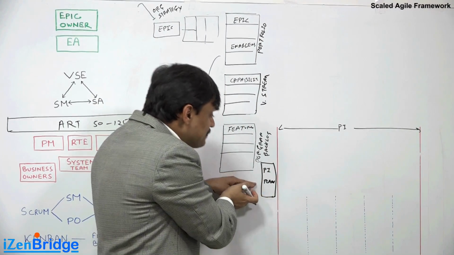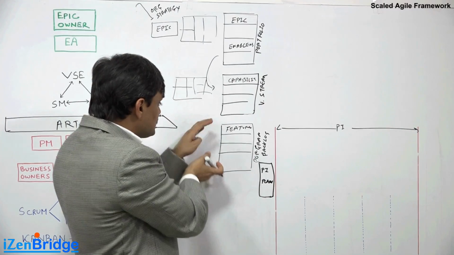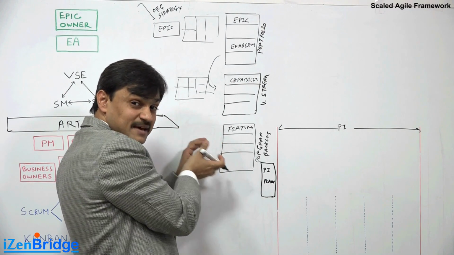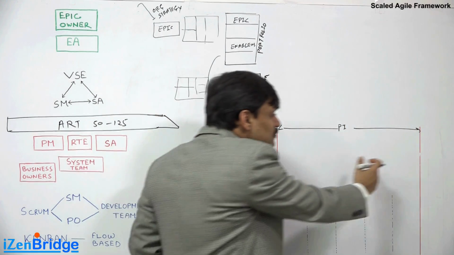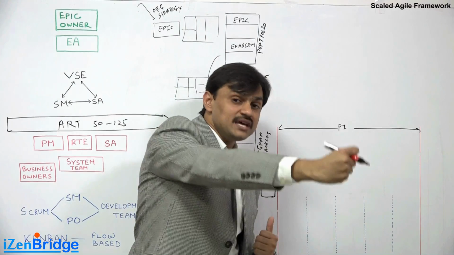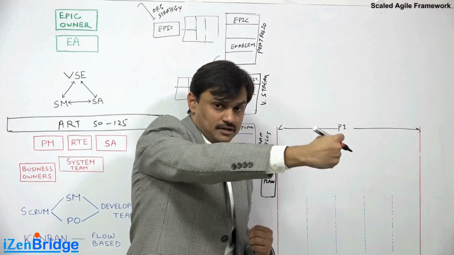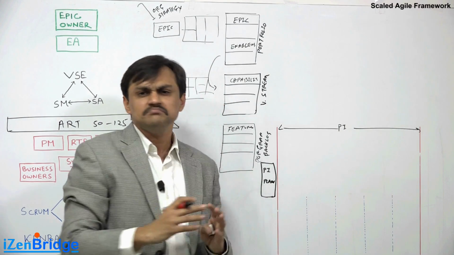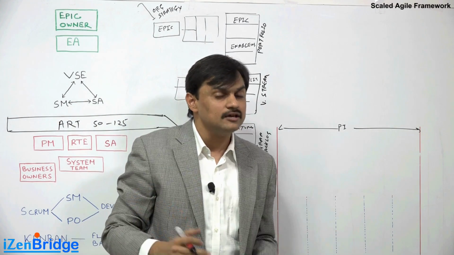So at a PI planning meeting, my input is this program backlog which has features, because this is something my big team has to deliver, and the 10 weeks window which I have available as my PI duration. It is like a big iteration. So we all 125 people come together, and we may end up doing a 2 days long meeting which has lots